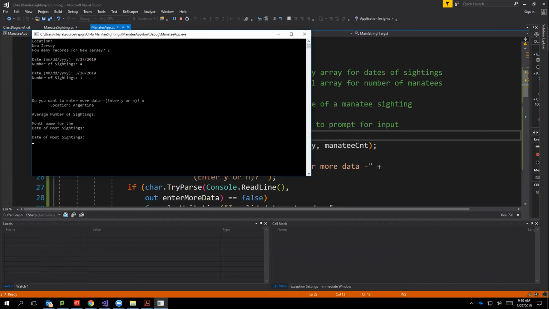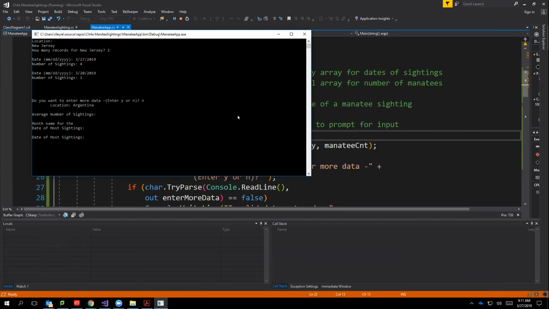So let's start by calculating our average, and we'll fix up this output here. So if I'm looking at a manatee sighting, like it was in Florida, and it was on April 15th, and then April 27th,